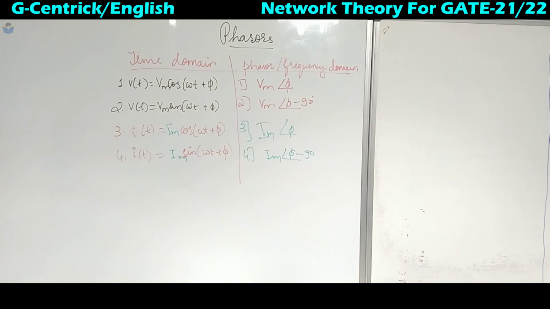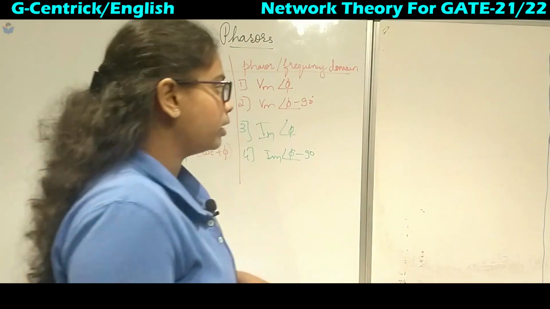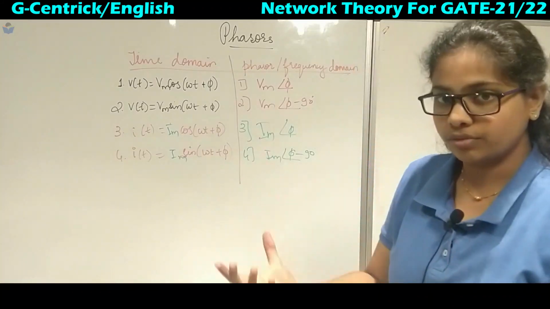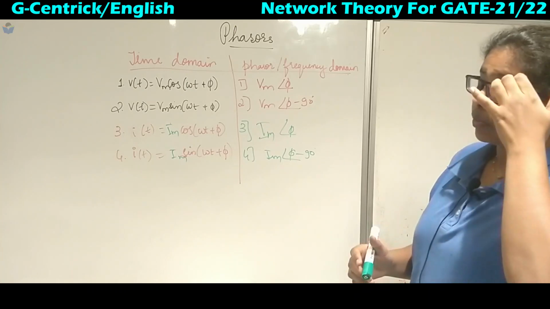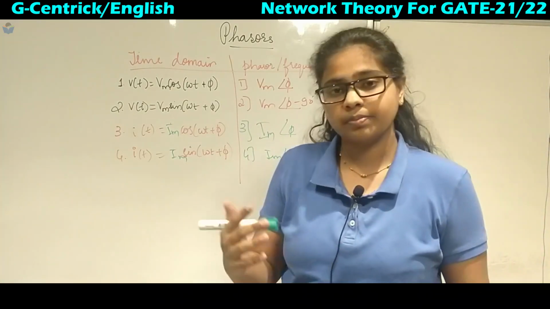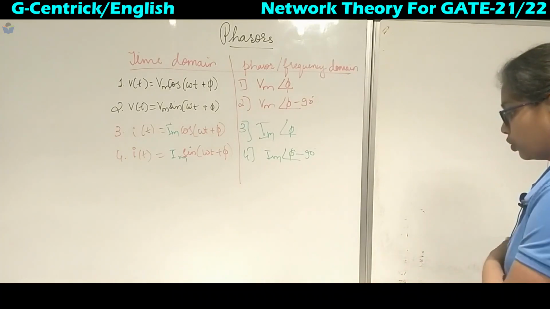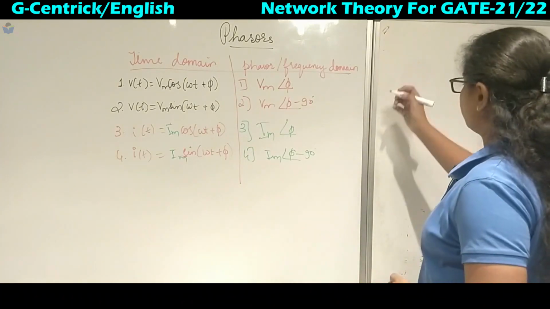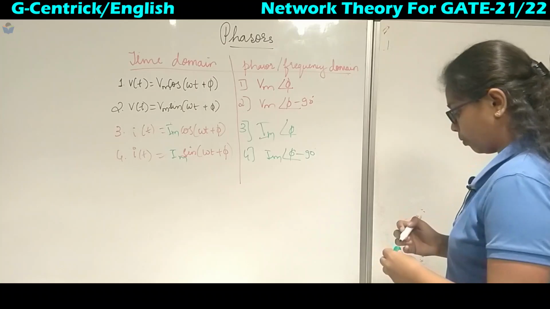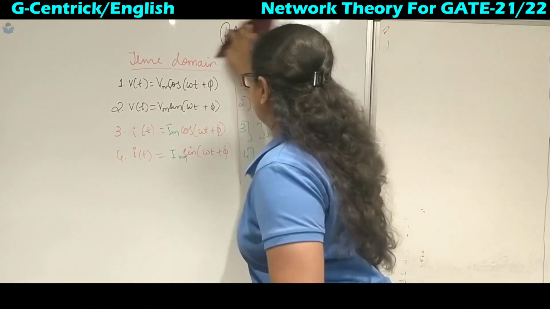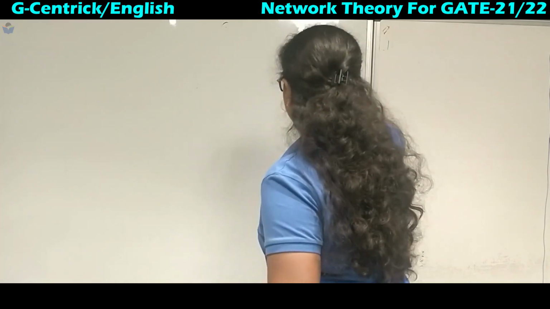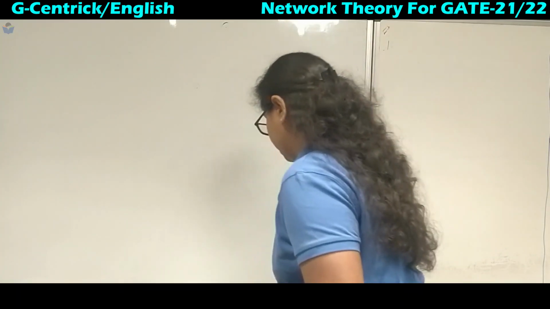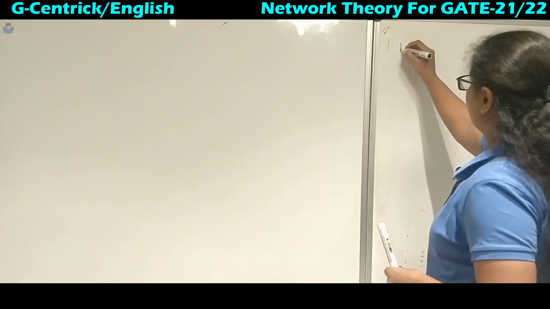Now we will see how to represent it in the rectangular or Cartesian form, or the polar form. Rectangular is the Cartesian, we can call it either way, and we have one more, the polar form, which we can also call the exponential form. We will see the representation in the rectangular form first. So let me rub this out and write it in the rectangular form.